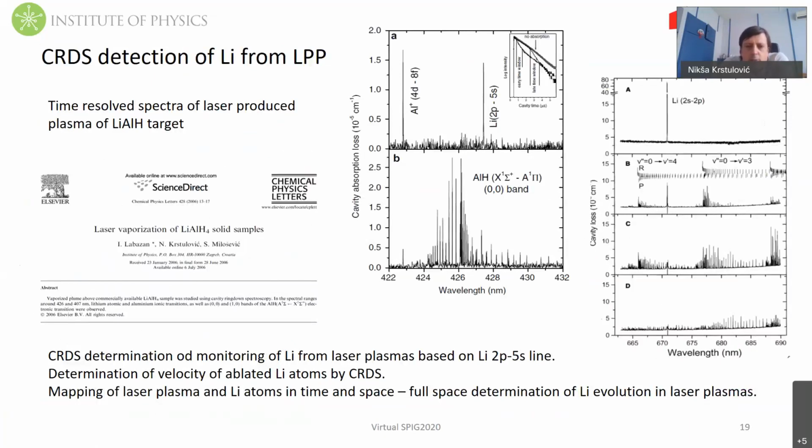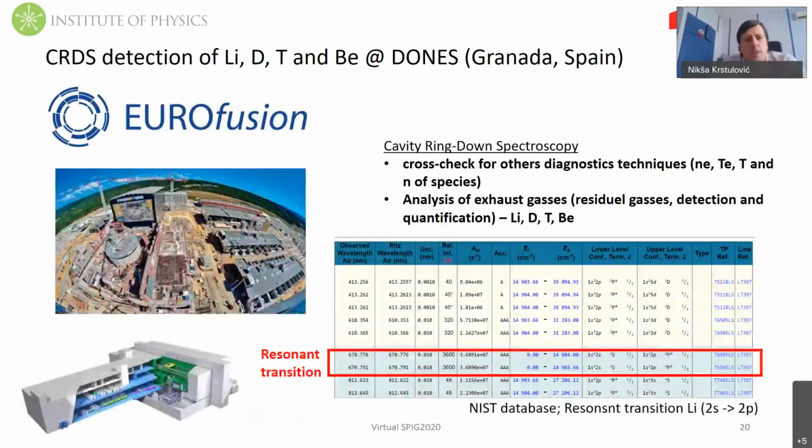What is now interesting from the aspect of application of cavity ring-down spectroscopy is detection of lithium, deuterium, and tritium, probably beryllium, at the fusion reactor DONES. There was a very nice talk yesterday from Tony Donné. DONES will be used to test materials for extreme conditions, especially testing of materials for very high neutron fluxes. And together with the data collected in ITER, they will then use all of the data to build DEMO, which will be, let's hope,